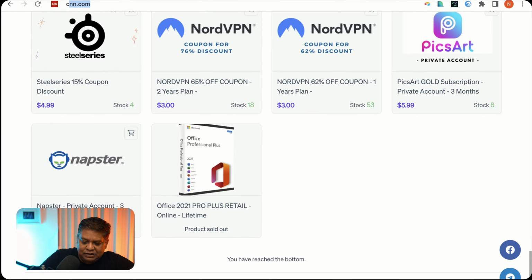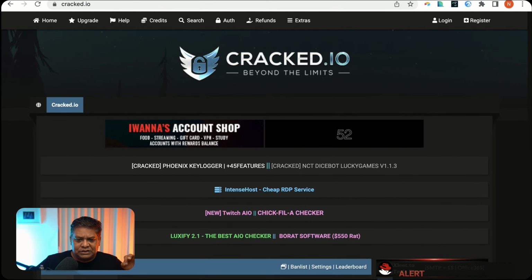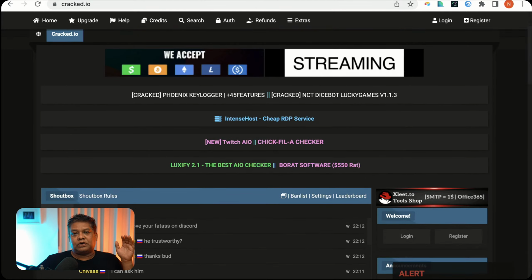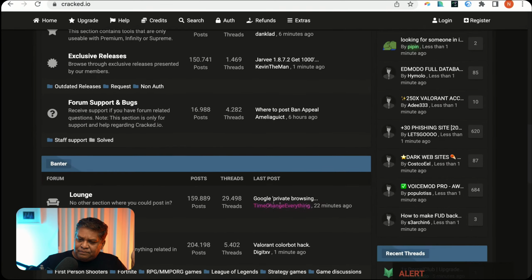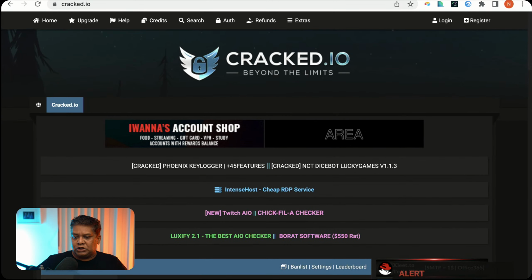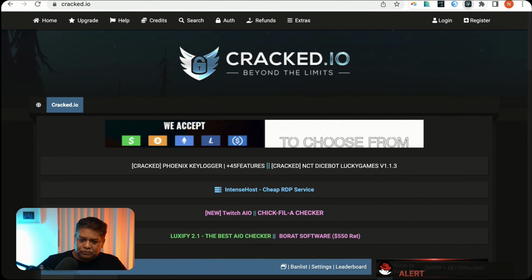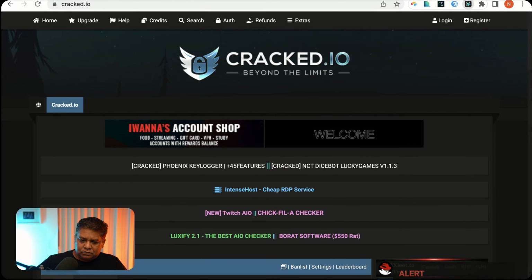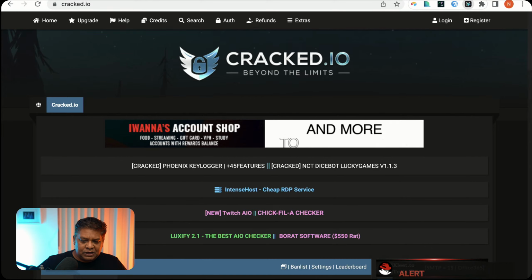One of the biggest sites here on Sellix is crack.io, right? This is the site which is doing all sorts of illegal stuff, all sorts of software, and apparently they are a big customer of Sellix, right? So how do you know if they're using Sellix? Let me just show you here. Okay, so this is what they're using. They're using AT-Shop, Sellix, and Shopee.